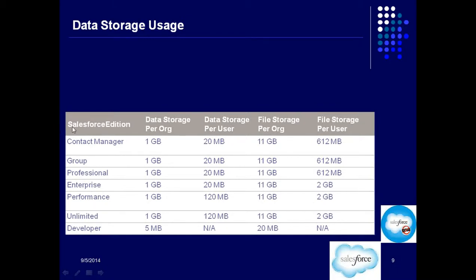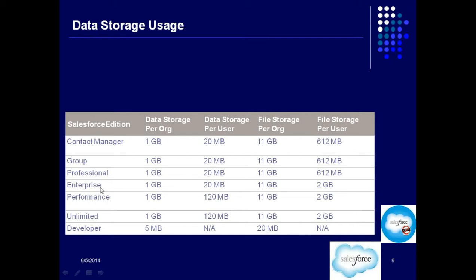Okay. So Salesforce edition, if you are using Contact Manager, then you get 1 GB per organization or 20 MB per user for data storage. File storage 11 GB per organization or 612 MB per user. Got it?